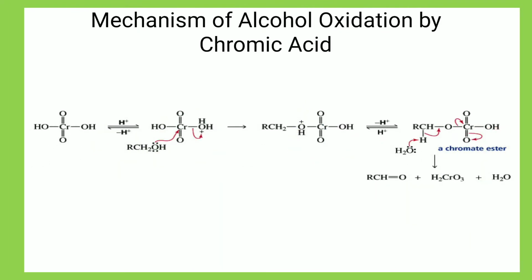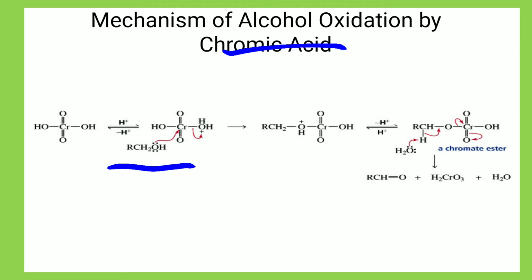here let me learn the mechanism of alcohol oxidation by chromic acid. That means here we can use any type of chromate compound, that is CrO3, H2Cr2O7 or Na2Cr2O7, like this. Okay, let me see the mechanism of the alcohol oxidation by chromic acid. Here this is the chromic compound, which reacts with the alcohol. This is the primary alcohol, that is RCH2OH.